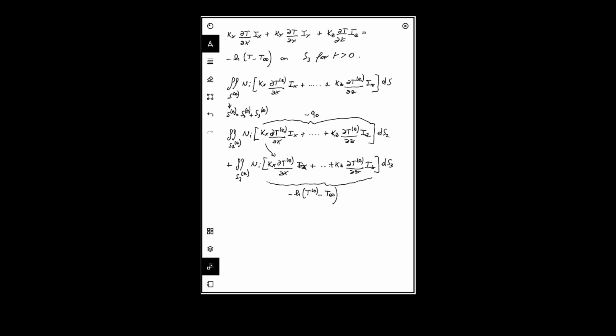And if we rewrite the second integral, we can write it as the integral on S2 of the element of minus Ni q0 dS2, minus the integral on S3 of the element E of h T of the element minus T infinite dS3. Now we have to consider